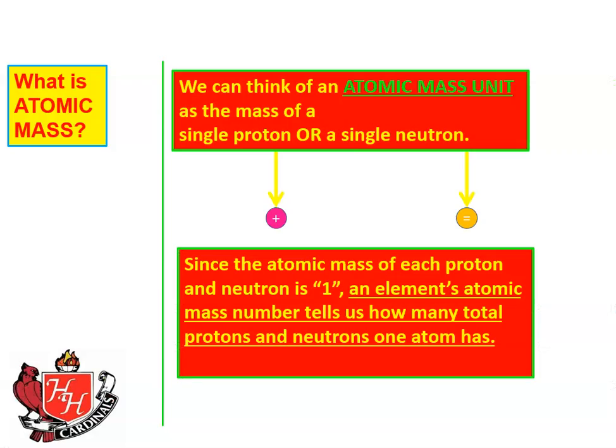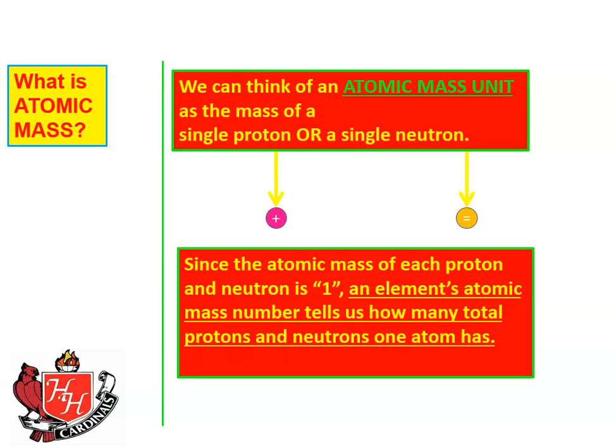Okay, so we can think of an atomic mass unit as the mass of a single proton or a single neutron. Since the atomic mass of each proton and neutron is 1, an element's atomic mass number tells us how many total protons and neutrons one atom has. Think about that for a second. If carbon-12 has an atomic mass of 12, and each proton and neutron is 1, it must have a total of 12 protons